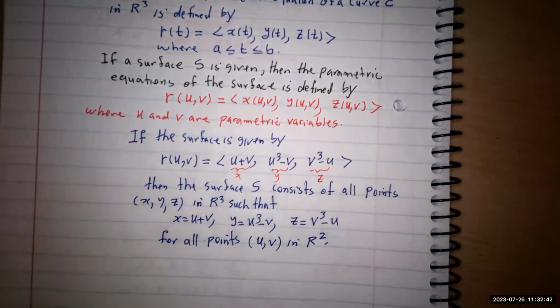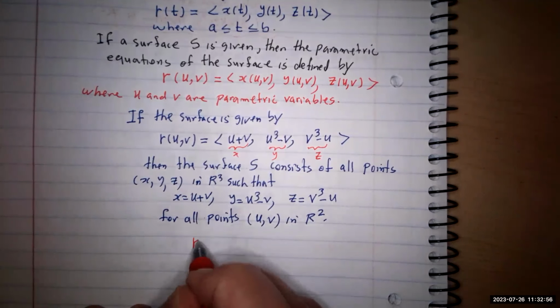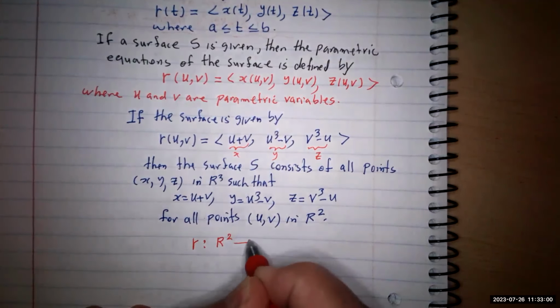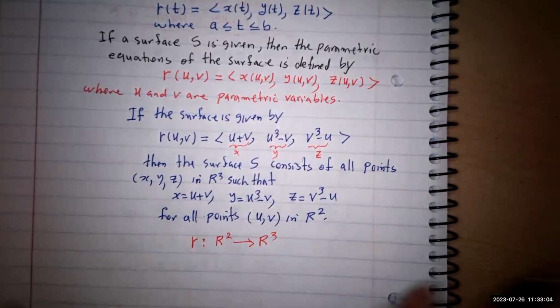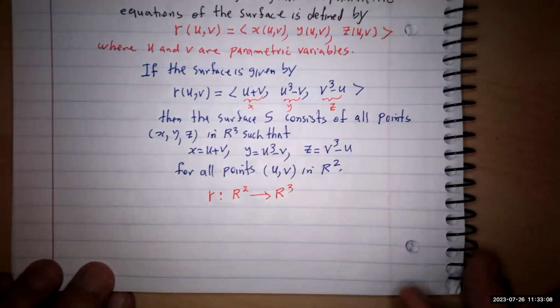So if you pick any two numbers as U and V, those two numbers give you one point in R3. So it's a kind of parametric equation, if you like. It's going to be a function that takes any point from R2 into R3. You see, if you pick two points here, and you want to think about it in a geometrical format,